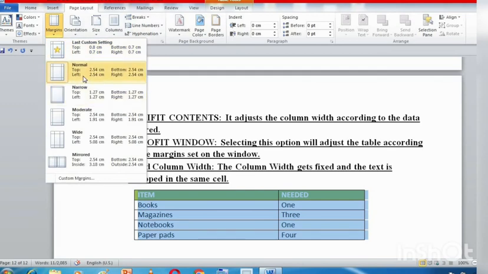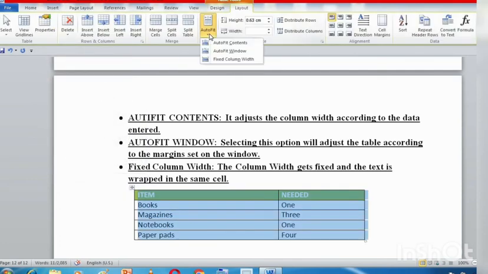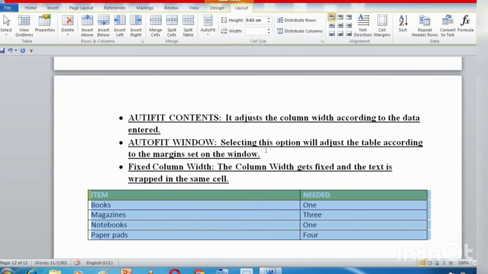Right now the left margin is 2.54 centimeter, earlier it was 0.7 centimeter, and the right margin is 2.54 centimeter. So now let me select my table and go to Layout, Auto Fit Window. Now see, how much space is it leaving from the margin? 2.54 centimeter from here and 2.54 centimeter from here.